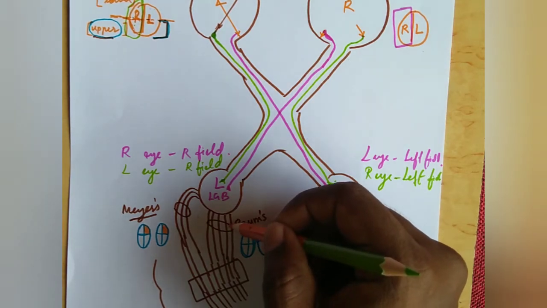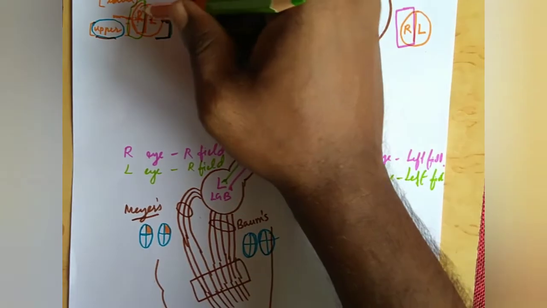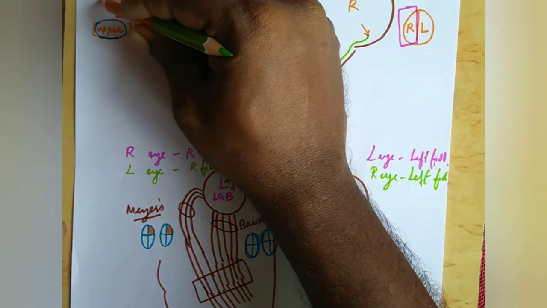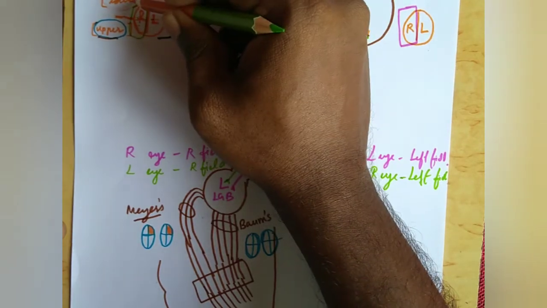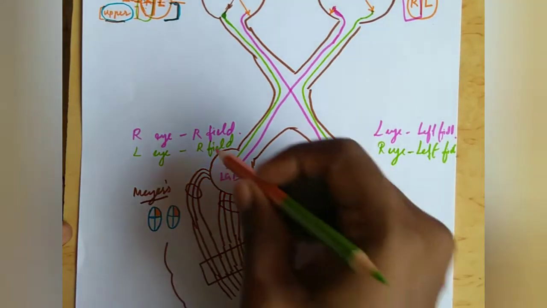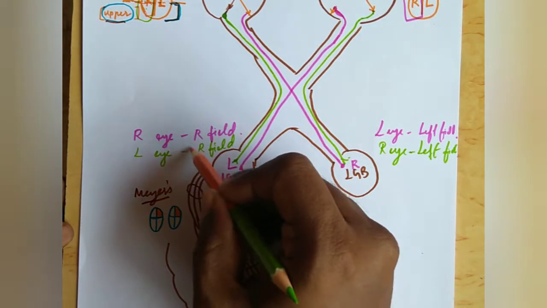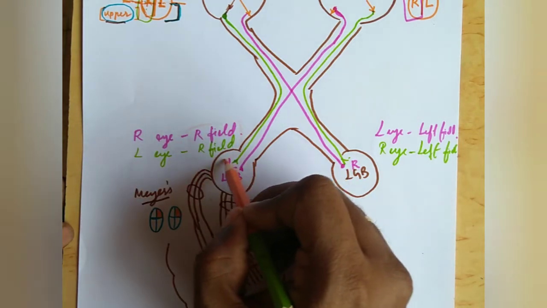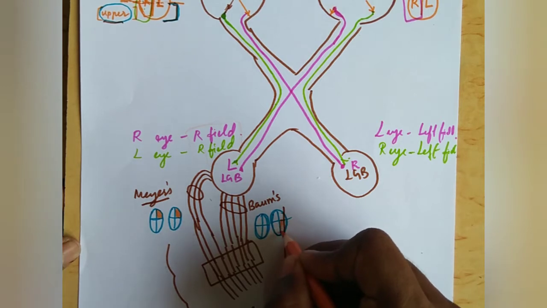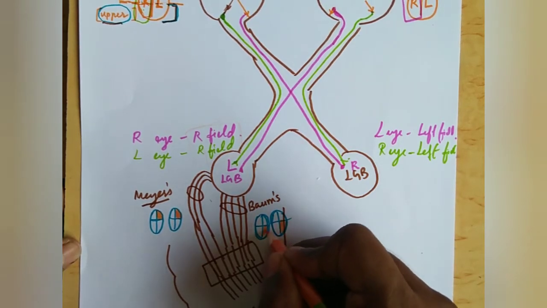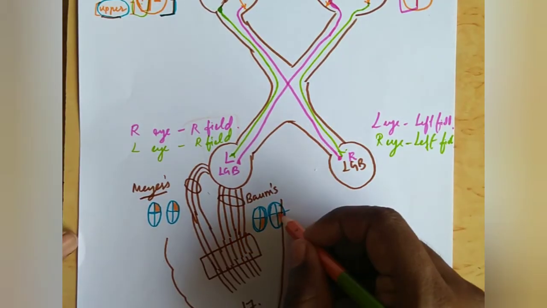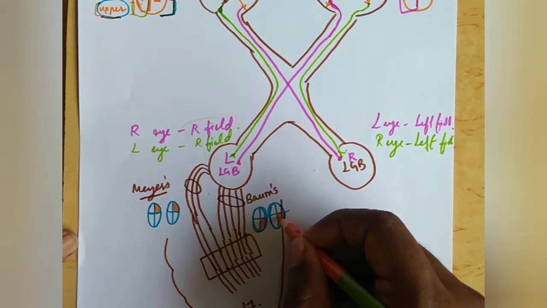These are all the fibers which are coming from the superior aspect, from the superior part of the retina. So this is going to have only the lower eye field. So we can see only the lower eye fields of the right side of both the eyes. So these fibers are going to take this area and control it. This is actually going to take the visual impulse from this area.